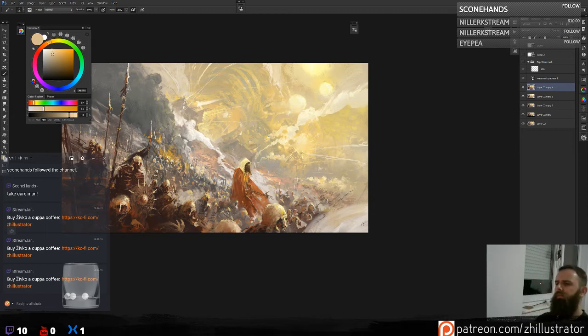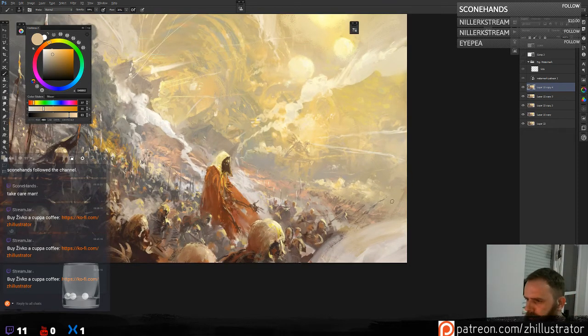Maybe I should just keep this a bit yellowish. So I'm using just a round brush, but I have a Wacom art pen, so it gives me a bit more sensitivity, as the Wacom's art pen is sensitive to the way you hold your pencil, so it can record the angle of how you hold your stroke.